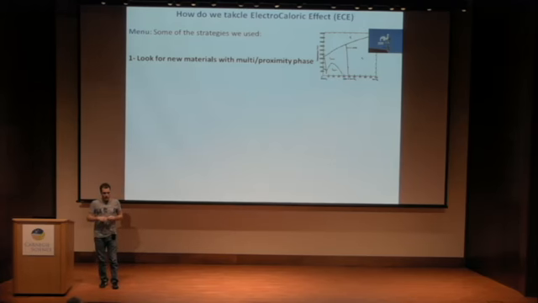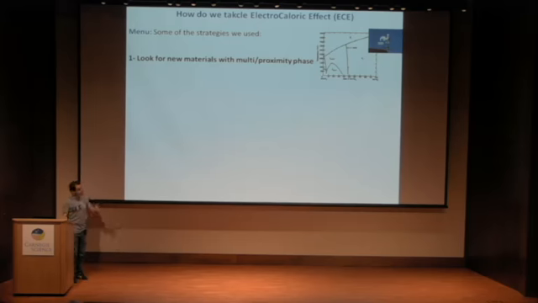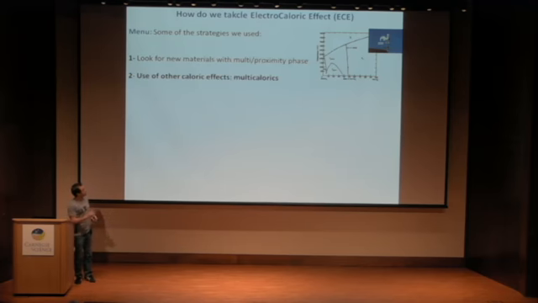And maybe one way is to go close to a composition point where you have coexistence or close coexistence of different phases, like in PZT, for instance, exactly here. And then the polarization can easily go from one orientation to another one, and then you can play on the order or disorder of the system. You have a kind of flat landscape of energy, then it's rather easy to go from one place to another one for the dipoles. The other way is to use a multicaloric effect.